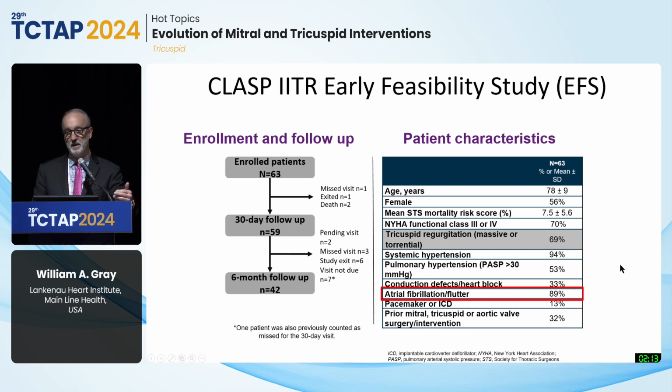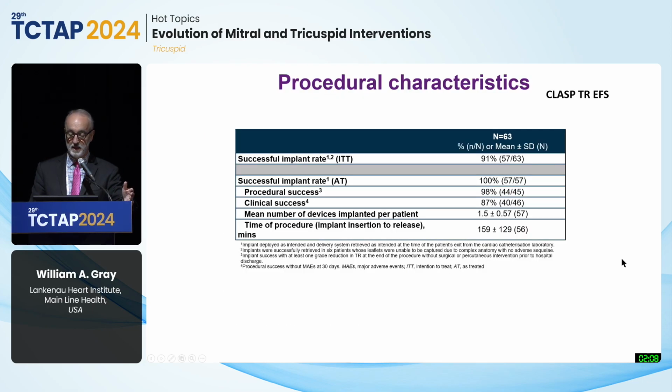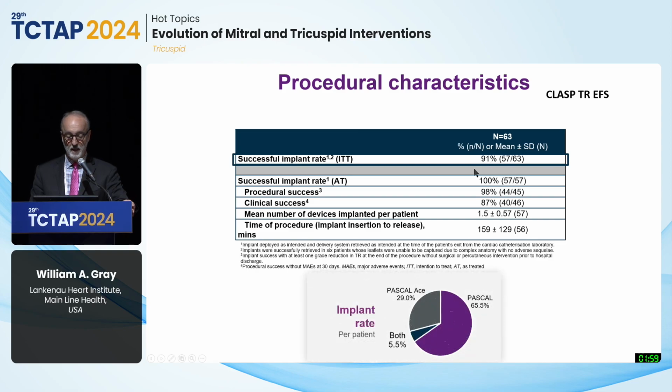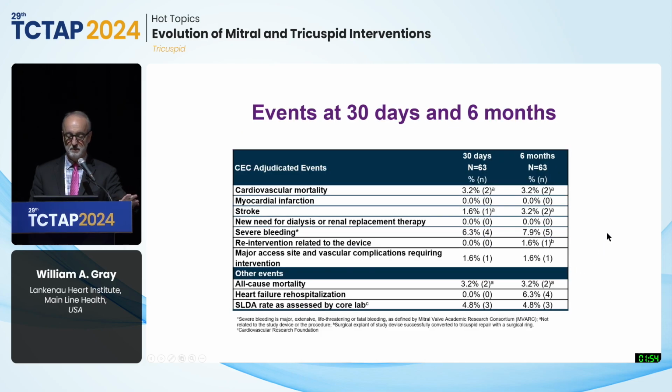And that's important because many of them are anticoagulated, and many of the safety events are bleeding, unrelated to the device, actually. And in this early US experience, you can see that implant rate was quite good, actually, 91%. And most of these patients, as I said before, had PASCAL, which I think is a suboptimal device for this. Event rates at 30 days and 6 months were quite low, although bleeding was present and probably the most frequent adverse event. And SLDA rate was about half, maybe a little more than half of what it was in the